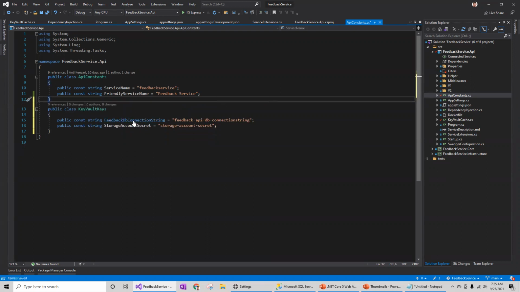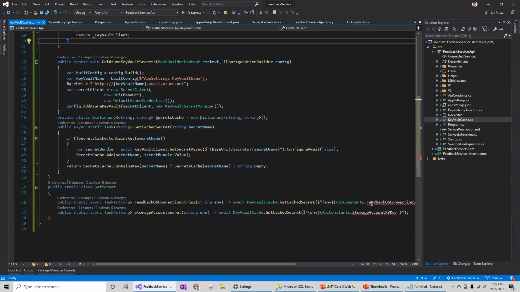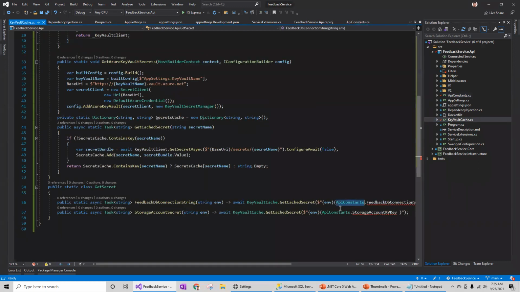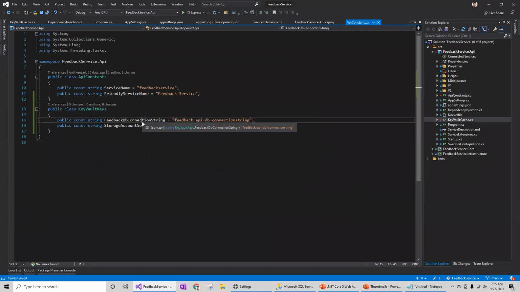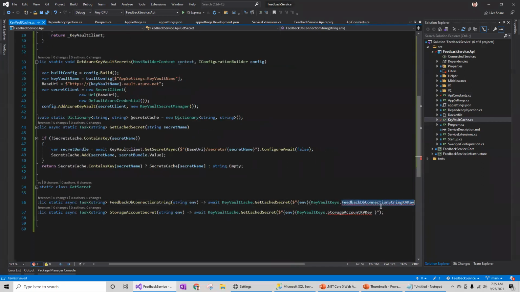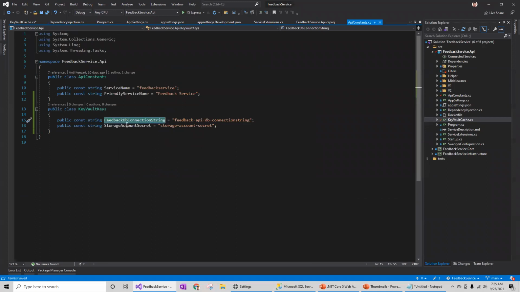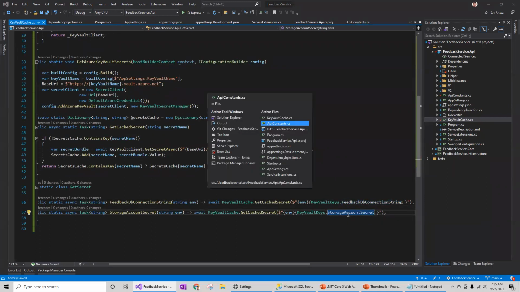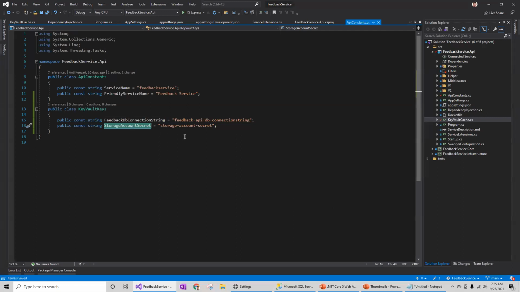I will also correct the key vault cache file to use the key vault keys, so that if I have like 10 plus key vault keys, those are going to be managed separately. So I have separated the constants so that I don't mix them with the other files.